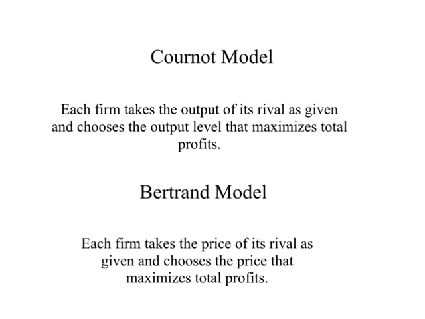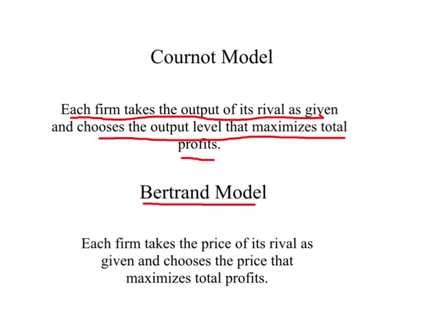Cournot had assumed that each firm takes the output of its rival as given and then chooses the output level that maximizes total profits. Another French mathematician by the name of Bertrand came up with another model which is very similar to Cournot's model except for one assumption, and that is, it's all about expectations. In the Bertrand model, each firm takes the price of its rival as given and then chooses the price that